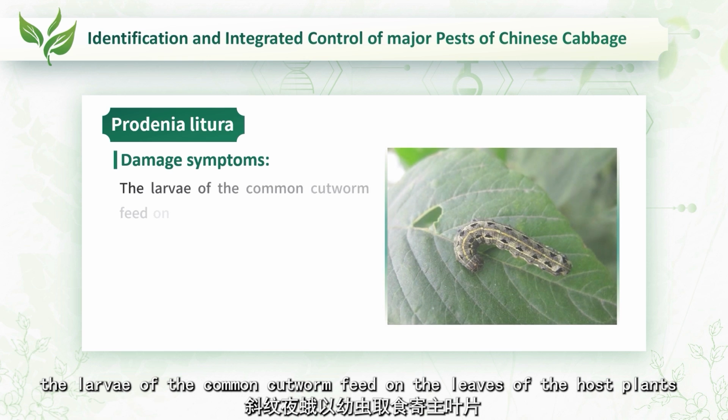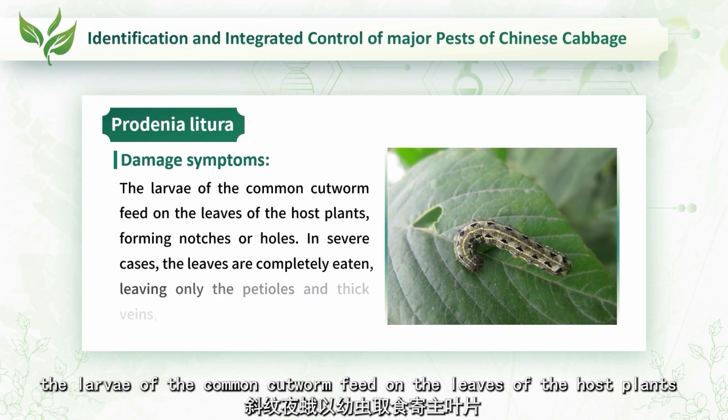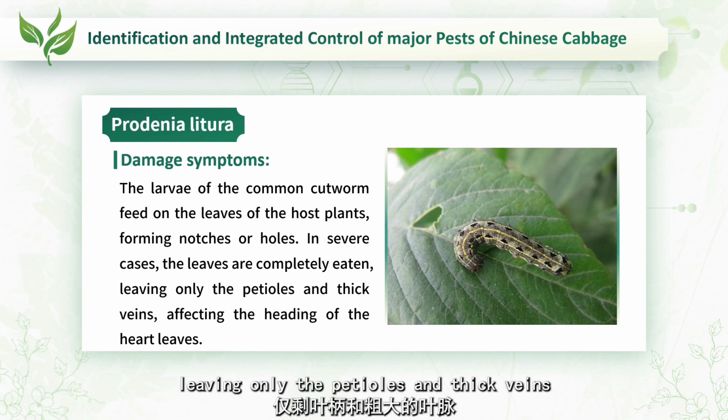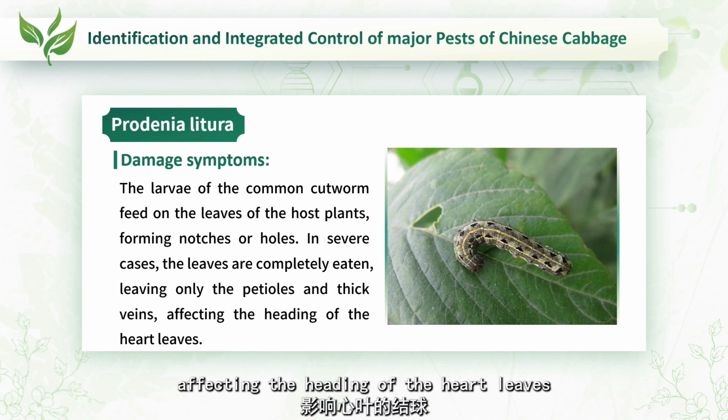The larvae of the common cutworm feed on the leaves of the host plants, forming notches or holes. In severe cases, the leaves are completely eaten, leaving only the petioles and thick veins, affecting the heading of the